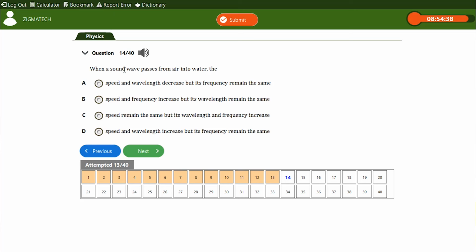So when a sound wave passes from air into water, the: A, speed and wavelength decrease, but frequency remains the same. B, speed and frequency increase, but its wavelength remains the same. C, speed remains the same, but wavelength and frequency increase. D, speed and wavelength increase, but its frequency remains the same. Alright, before we answer this question, I want you to know what happens, according to